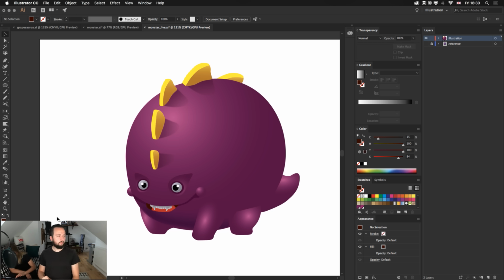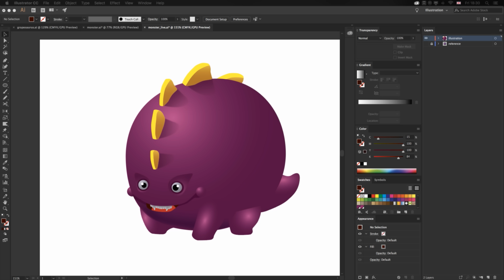And then just one quick last one. What will prevent the draw inside mode from working in Illustrator? So the draw inside mode is here on the left side, and you can turn it off by pressing Shift D. So Shift D is the way you can switch between the modes. But if I just turn off the camera for a second, I can show it here in Illustrator. So it's here on the left corner. These are the 3 modes. So just make sure you are in draw normal. That's the way you can work without working in the draw inside.